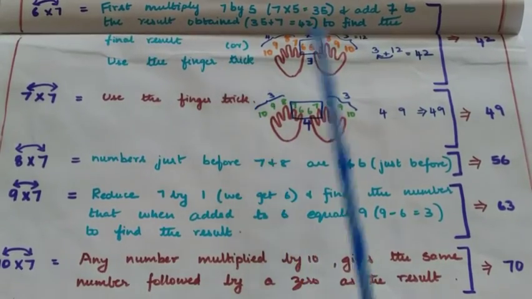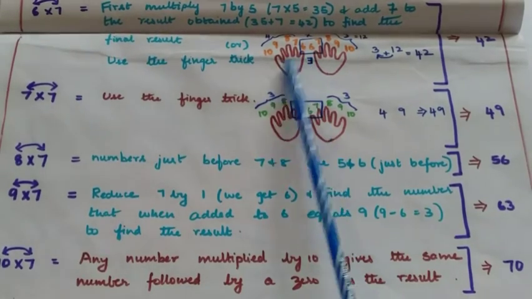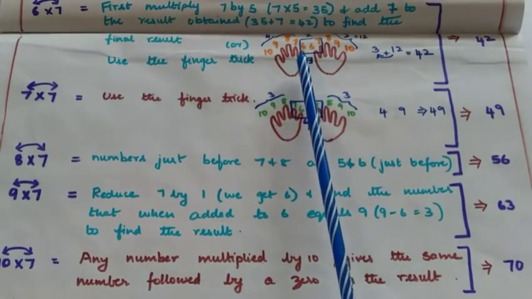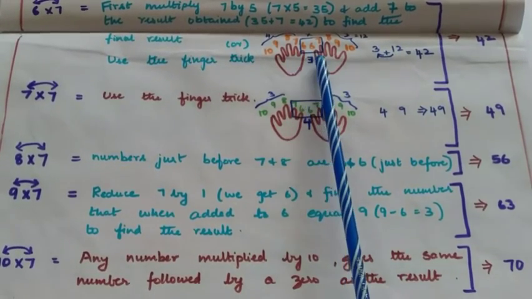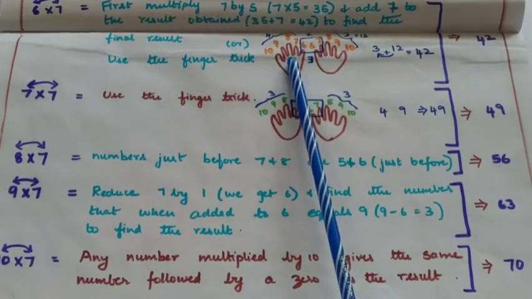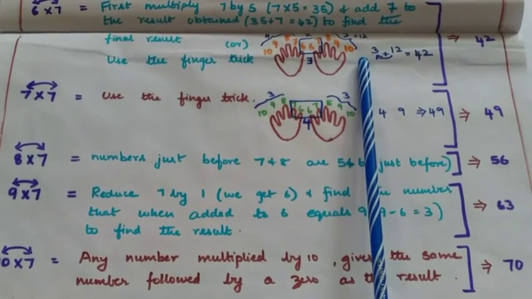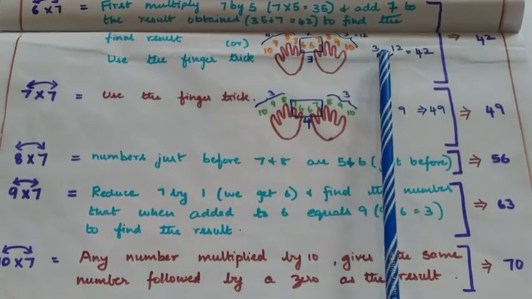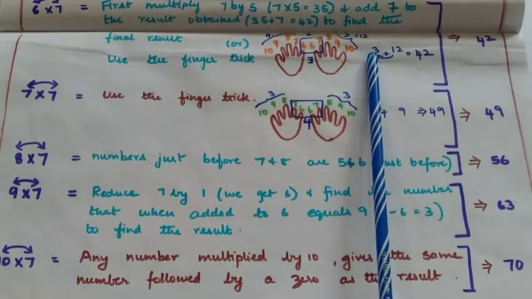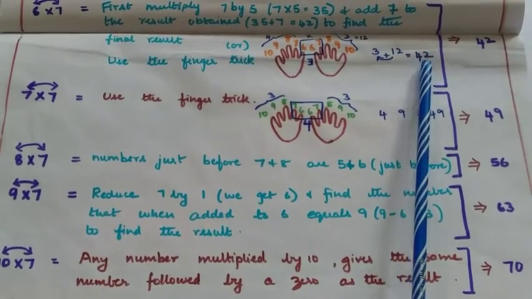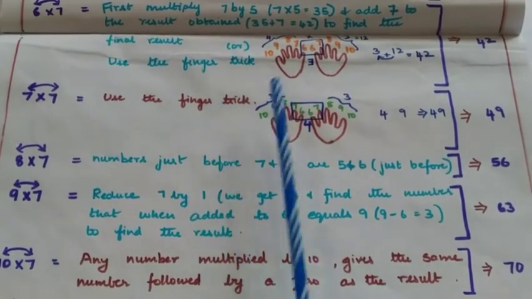For using the finger trick, you need to first put up all your fingers and number the fingers starting from the baby finger of both your hands, and then you need to rotate your hand to touch the fingers that have been numbered 6 and 7 on both hands, and count the number of fingers between these fingers including the fingers that have been touched to obtain 3, and then find the number of fingers that are on either side of the fingers that have been touched to obtain the result 12. Since 12 is a 2-digit number, you need to add this 1 to the number 3 to obtain the final result 42.